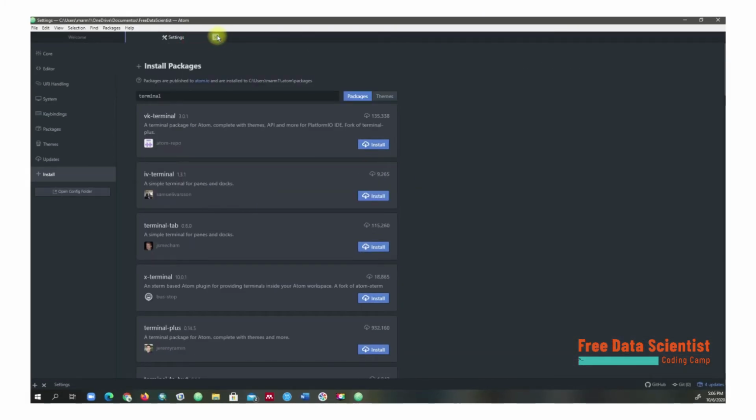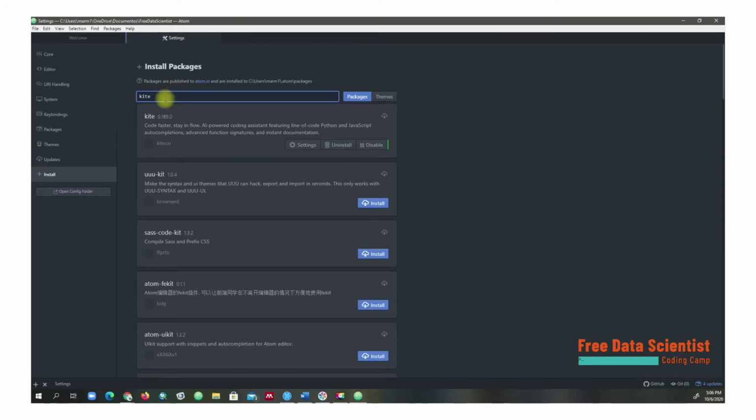If you guys want to, I don't know, beautify your code, highlight your syntax when you are programming in Python, for example, I'm using Kite. Kite is an editor helper which is supporting you when you are writing Python code. So I'm inviting you to check and to install what you want.